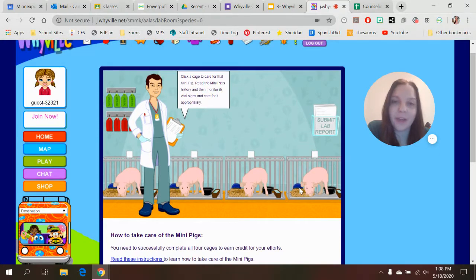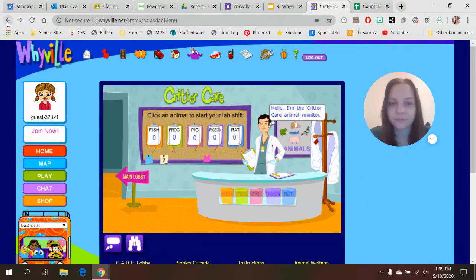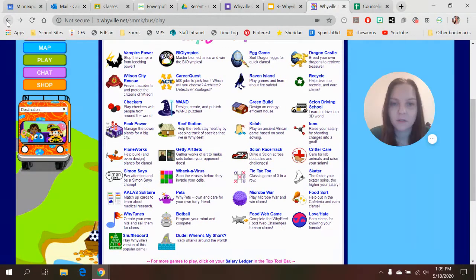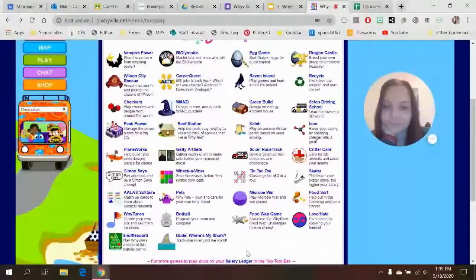And I'm thinking while I'm playing, what career is this kind of like? Maybe it's like being a veterinarian, or maybe it's like being a scientist, some kind of a scientist, right? So I'm thinking about these things while I'm playing the game in order to learn about a career. If I'm not super interested in being a veterinarian or a scientist, this might not be the game that I want to pick, even if it's a fun game, because after we're done playing the game, we're going to answer a couple of questions about why this career interests you, okay? So let's say I'm not really interested in doing that. So I'm going to click back a couple times. Okay, what am I interested in?